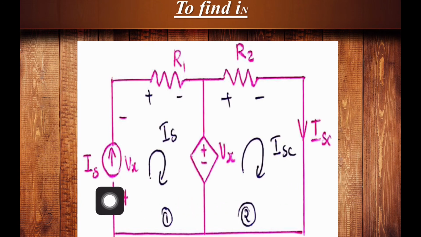Similarly, you can see a current source IS at the surface of the first loop. As you know, loop current is the current flowing through the surface of a loop. So we mark IS as loop current in the first loop in clockwise direction. Now we are going to write the KVL equation in this loop. Starting at this point, first we observe the voltage drop across this current source, which is nothing but Vx with the polarity mark plus minus.